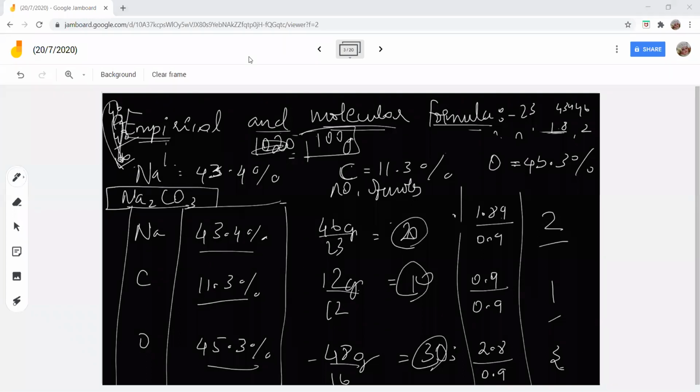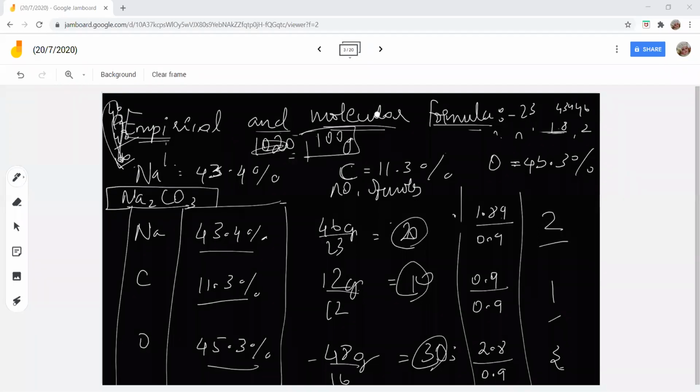Yes, ma'am, understood. Who all didn't understand still? Ma'am, in the exam, if they didn't give the molar mass, we can take it as 100 grams. Yes, if we take 100 grams, we have to ensure that the formula you are getting is not the molecular formula. It is the empirical formula. If they give you the molar mass, you need not simplify the number of moles. The number of moles directly tells you how much carbon, hydrogen and oxygen are in one mole. That is the molecular formula. Further, if you simplify it, you get the empirical formula.